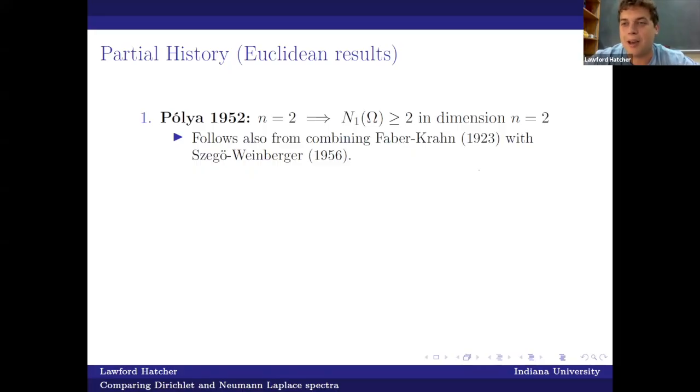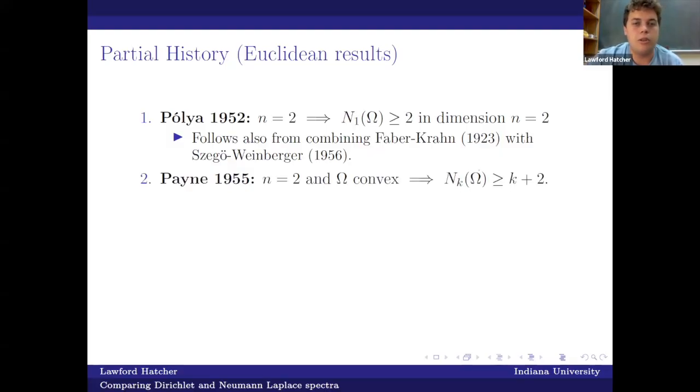But Szegő-Weinberger came after Pólya's proof. So Pólya has kind of a from scratch proof that does use Faber-Krahn, but he has to do a little bit more work. So the next result I want to point out is due to Payne, and so he was